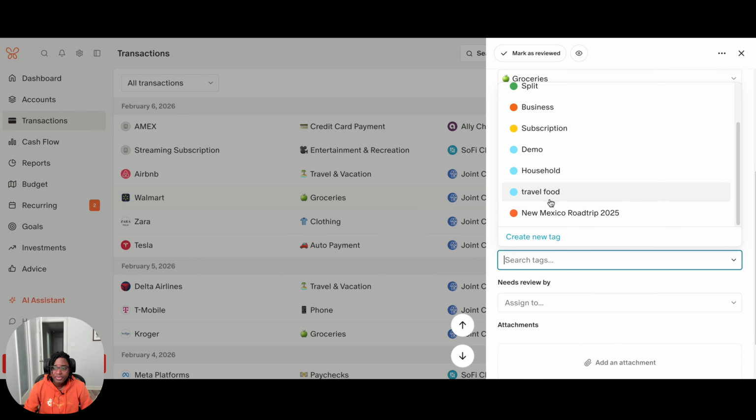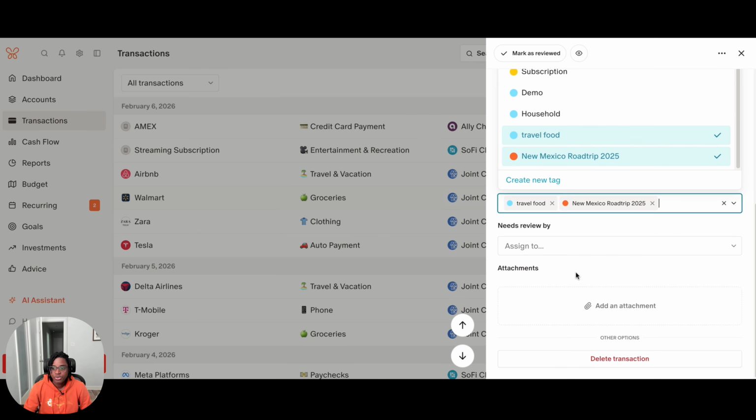And then if it doesn't already exist, you could create that tag. I've already created one. So let's say all of my travel spending that is on food is going to go into this travel food tag. So I'm going to select this travel food tag, and let's say this trip was my New Mexico road trip 2025. So if I wanted to create a tag for that, you can do that as well. You can identify what were the specific trips you took so that you can go back and run reports for that if you ever needed to. So I'm going to select both of these